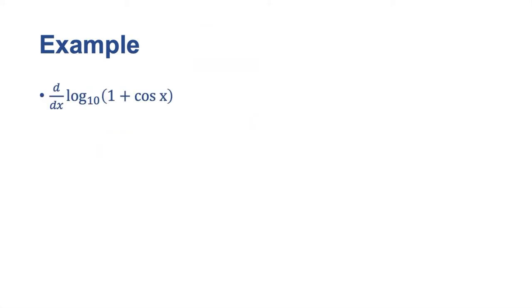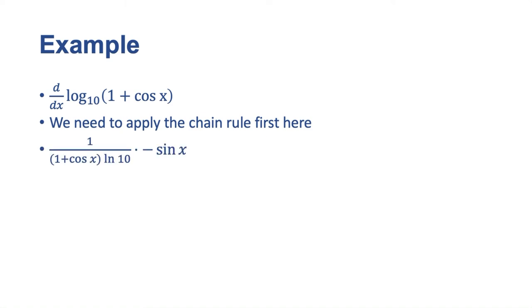We are going to take the derivative of the log base 10 of 1 plus cosine of x. So we need to apply the chain rule, and we are going to need to use our logarithmic differentiating skills. All right, so that will give us 1 over 1 plus the cosine of x times ln of 10, because we're taking the natural logarithm of our base, and then times the negative sine of x. That gives us the negative sine of x over 1 plus cosine x ln of 10. And that is the end of our fifth example,